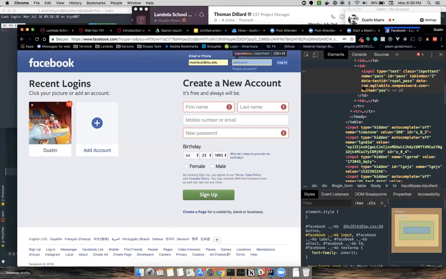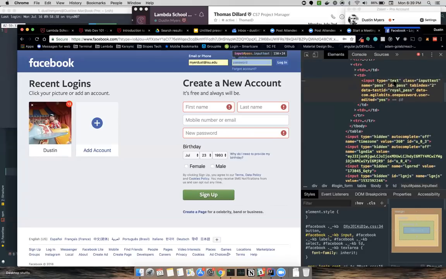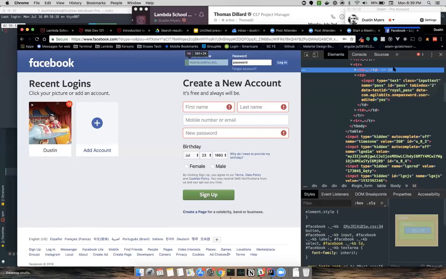All right, so that's kind of the power of HTML and CSS: in our code, we can define all of these things, and we can make this input a password input so that the browser automatically knows to hide the text there. This input is a text input as they've coded it, so it knows to show the input. It's actually probably type email, so it knows to show the text there.